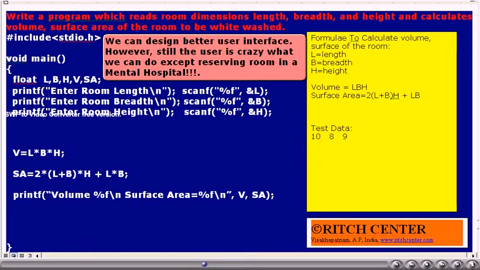But here also, still the user is a mad fellow. We cannot help. So for any proper functioning of a program, data input sequence is very important. When we ask to enter length, if he enters height, when we ask to enter height, if he enters breadth, what can we do with such a type of users? We can do nothing with these users. So the users are supposed to follow the user interface lines and work according to them. That is expected from the normal users.